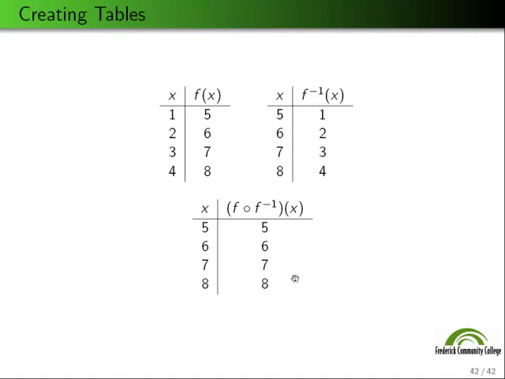So we have 8. And if we look here, this is the identity function. We should know that f composed with f inverse, if f is indeed invertible and f inverse has been properly defined, when we compose those two functions, we should have the identity function, I of x equals x. That is, when we plug something in, 5 goes in, it should spit out a 5. 6 goes in, it should spit out a 6, 7, so